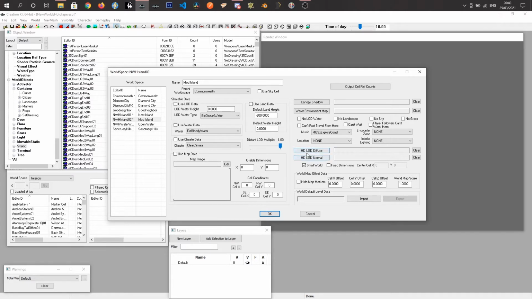HD, LOD, I don't know what those are actually used for, but I haven't had any issues not setting them myself. Small world is generally just good practice to put on. I'm not sure if it makes too much of a difference, but there's got to be a reason for it. All of the ones that I've done in the past have been small world, and I haven't actually managed to get this fixed dimensions to work,